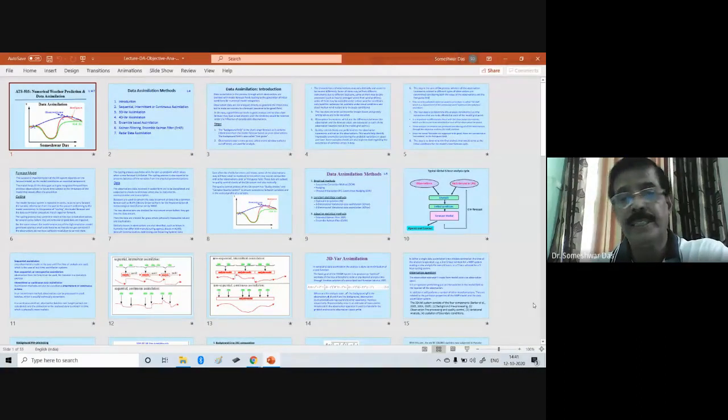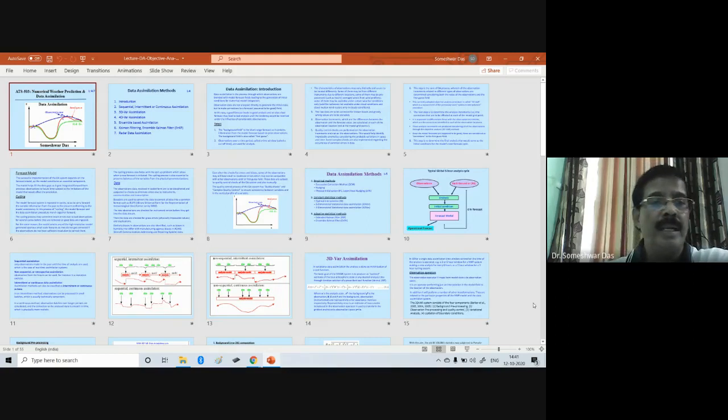So we were discussing data assimilation, right? In the last class, we talked about different types of data assimilation: by empirical methods, by constant statistical method, and by adaptive statistical method.